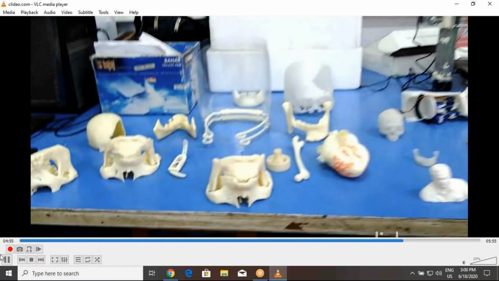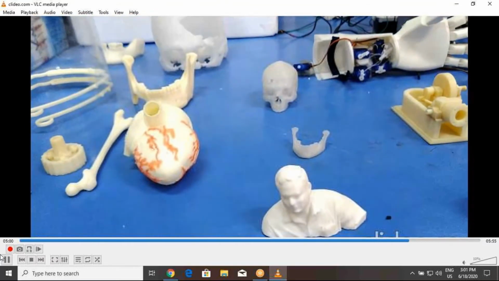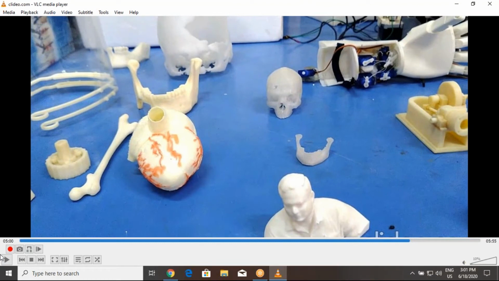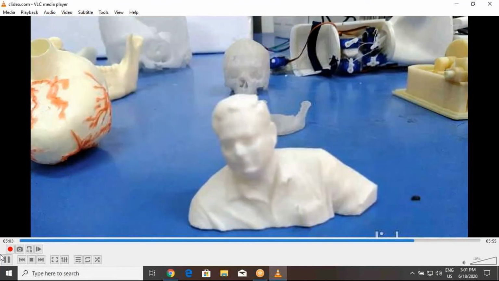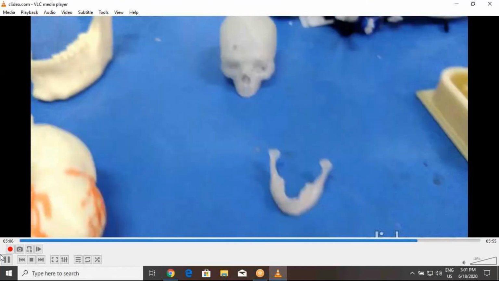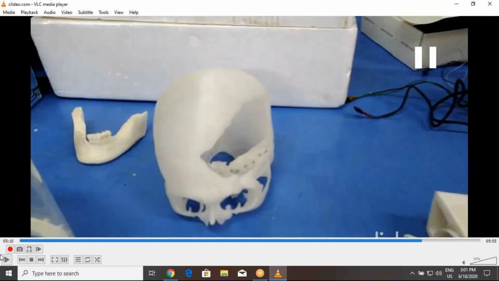We can see such complex parts here. Some parts we printed without support. This is a body scan object that we printed. And these are various parts. Some are SLA parts, some white-colored parts. These are the Ultimaker parts we printed here.